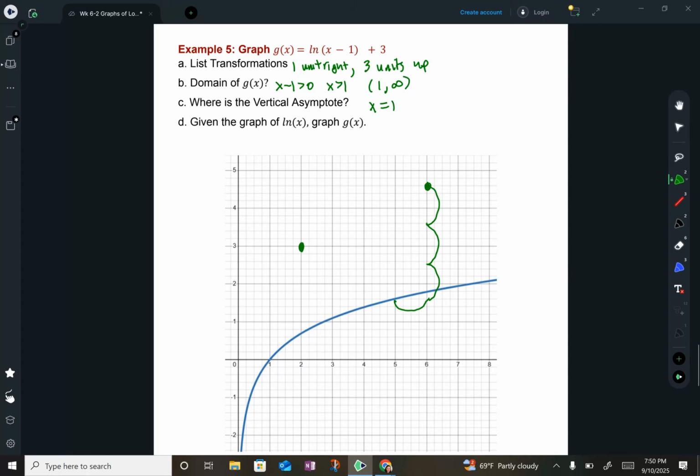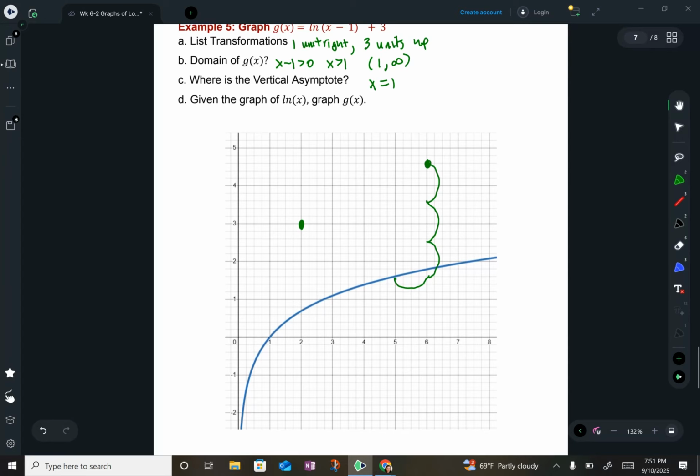Let's pick another one farther down. You're getting the idea. Let's do this one here. So we're going to go 1 unit right, so we're going to be right about here. And we're going to go 3 units up. 1, 2,